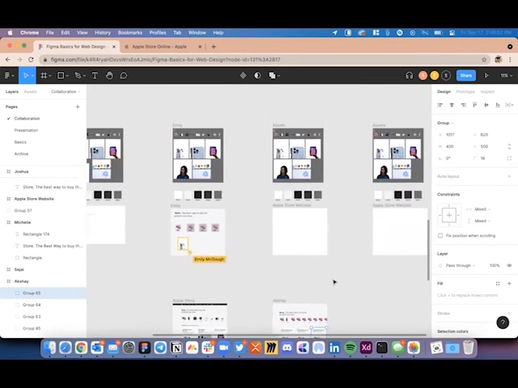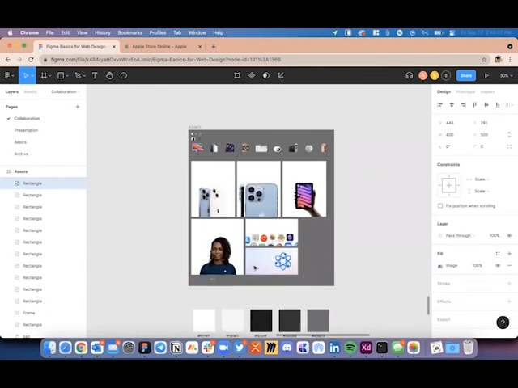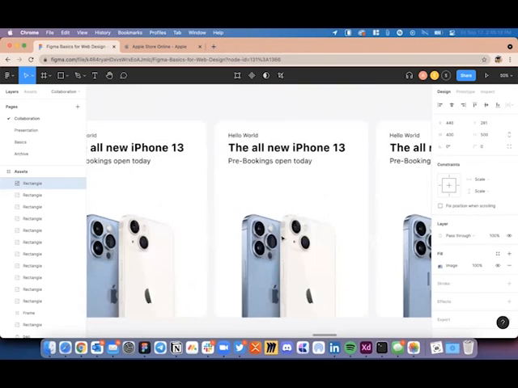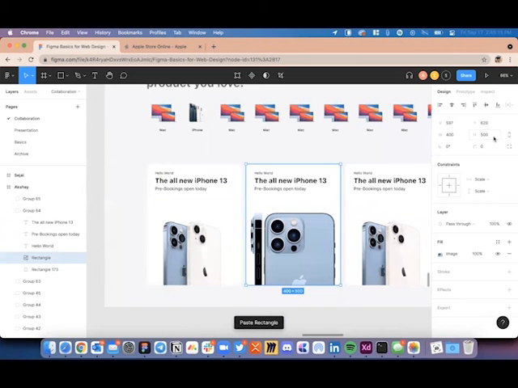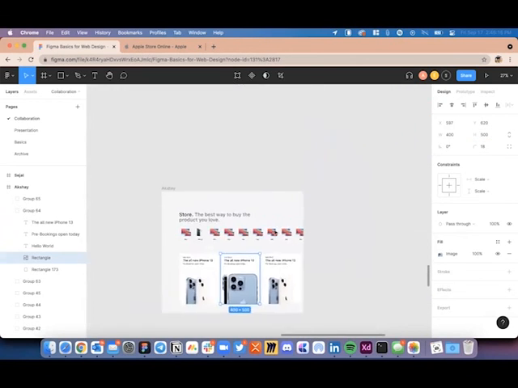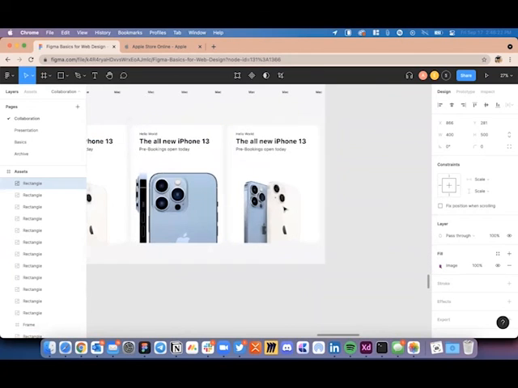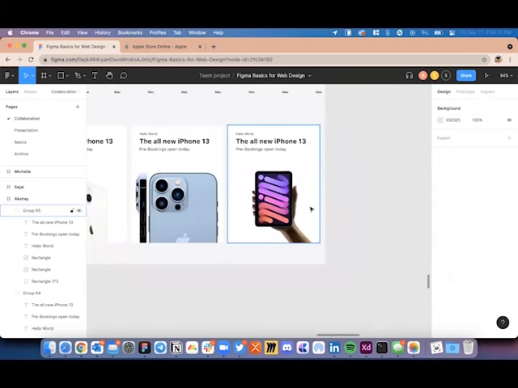And then you can change the text and the images according to whatever the headline is going to be. And then you can go ahead and change the text.